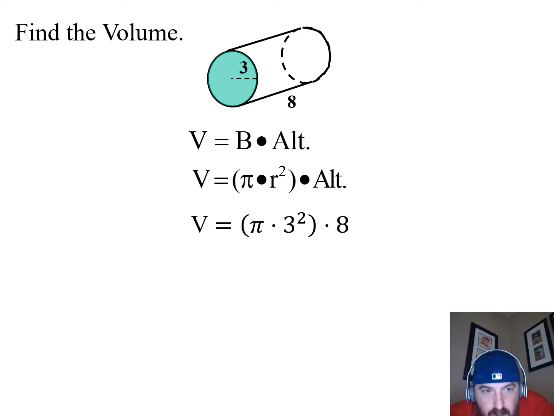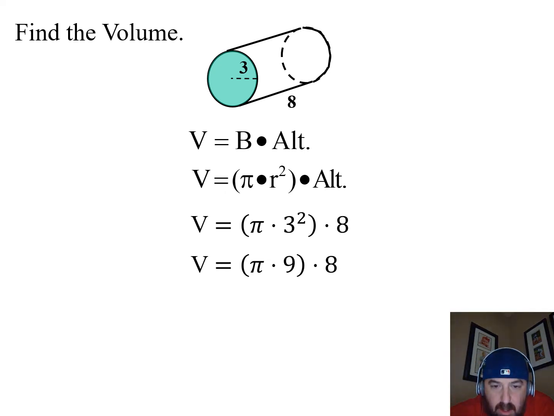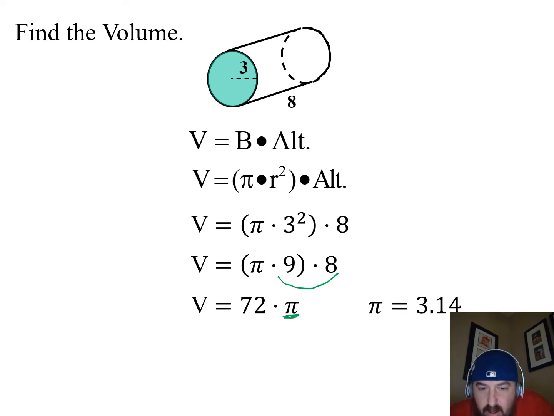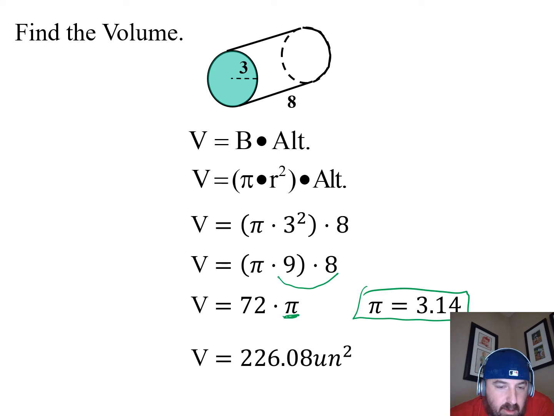So 3 times 3 is 9. Now I'm going to go ahead and do these two next because I can do that in my head. That's 72. And now I just need to deal with pi. Now remember, pi is equal to 3.14, and then just multiply it. And like I said, use a calculator, it's fine with me. And if you calculate it, you get